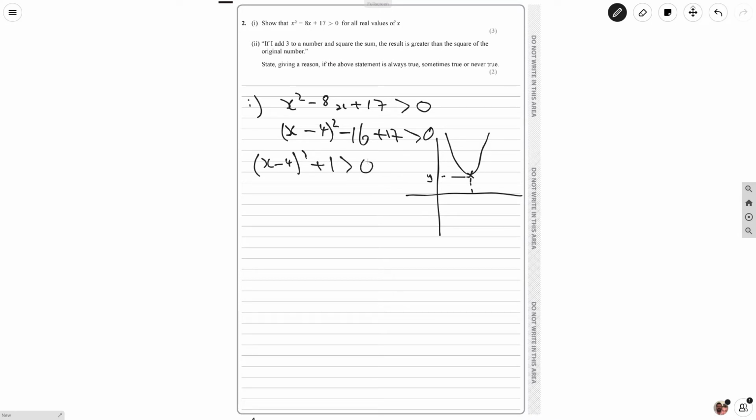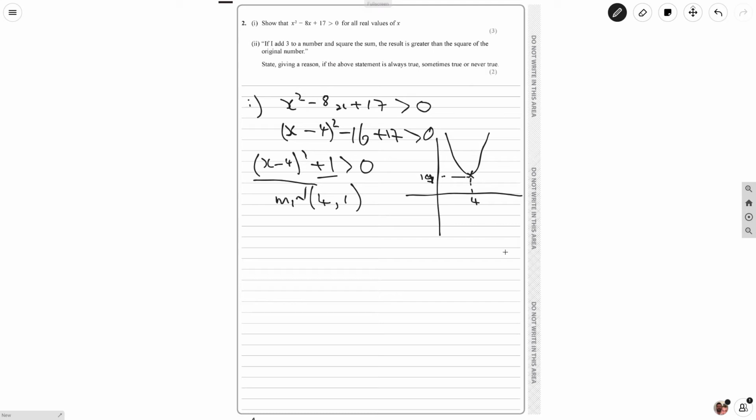Now when you look at that completed square form, the x-coordinate of the minimum is going to be 4. That's the number that would make this bracket 0. And then the y-coordinate is this number here, which in this case is 1. Now, if I just put that on the diagram, it's this. As you can see, what the x-coordinate is for the minimum isn't particularly important in this question. What we're showing here is that the y-coordinate of the minimum is 1,